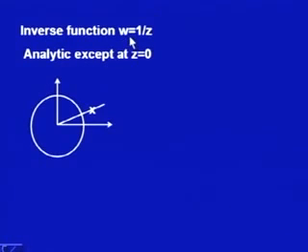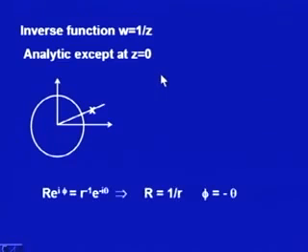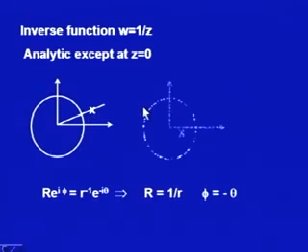Now, we consider inverse function w equal to 1 upon z. Now, we may notice that this function is analytic except at z equal to 0, and when we write down this function as rho e to the i phi on w plane and r to the minus 1 e to the minus i theta, the right hand side, then this implies that rho is equal to 1 upon r and phi is equal to minus theta. That means if I have a point on z plane as this, then this point will map to